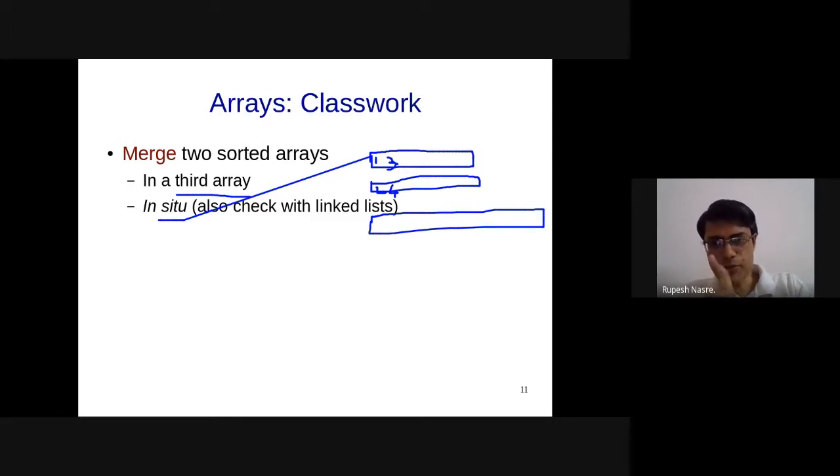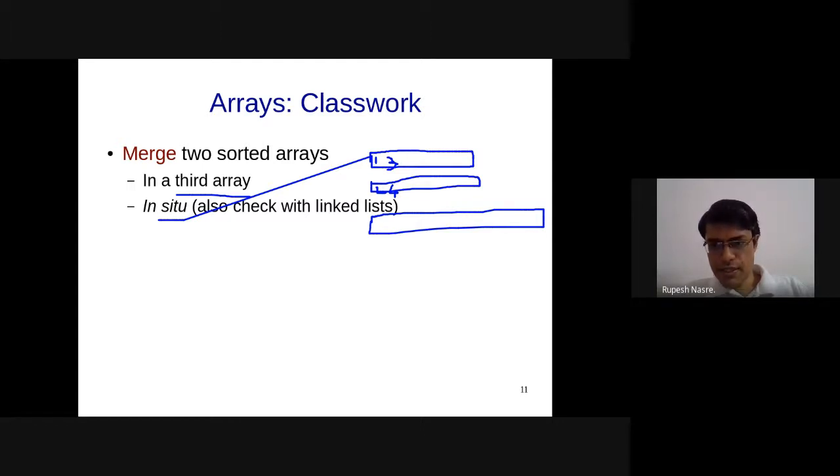But I think this code alone will not be sufficient. You will require a separate loop to take care of the remaining elements, because this code will come out in the minimum of m and n, the minimum of array length 1 and array length 2. So the remaining elements are not yet copied. I think we have to take care of that. Otherwise this part seems to be okay, with the flip of i and j. That's good.